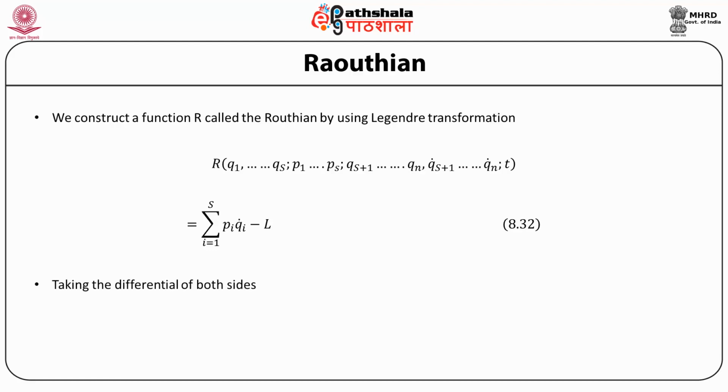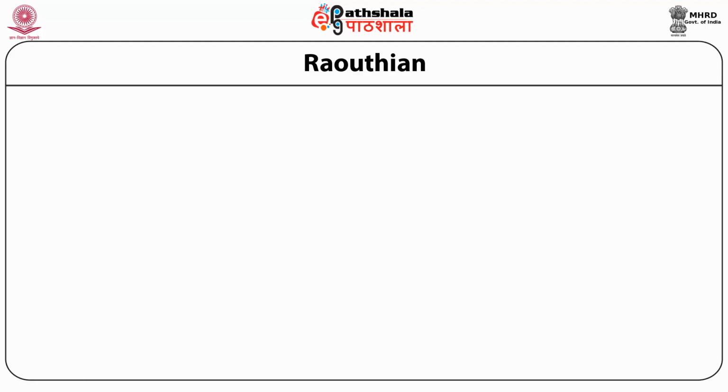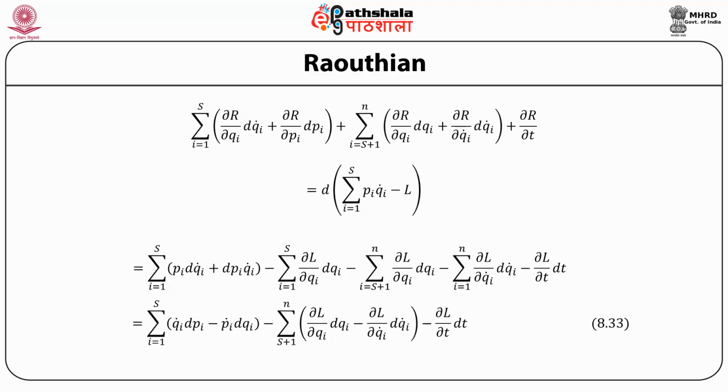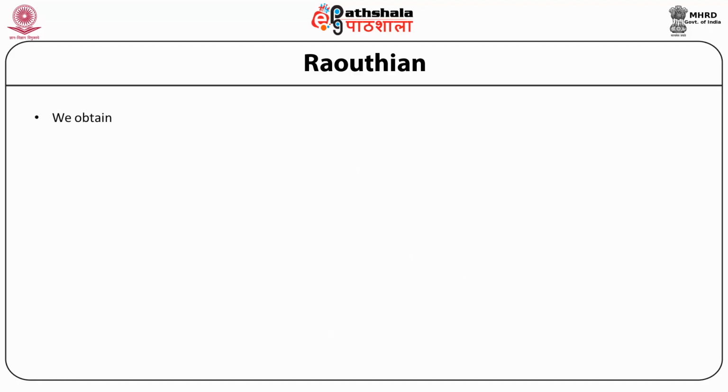and when we take the differential of the two sides, and manipulate all these things a little, the algebra is not really complicated, but is lengthy. So after a little manipulation, we can write this Routhian, this quantity shown at the top of the slide, as equal to the total derivative of the sum of pi qi dot over all the cyclic variables minus the L, and further manipulations can be done,